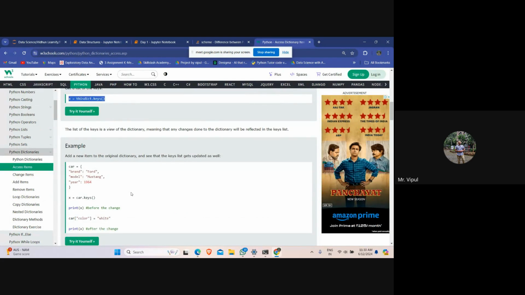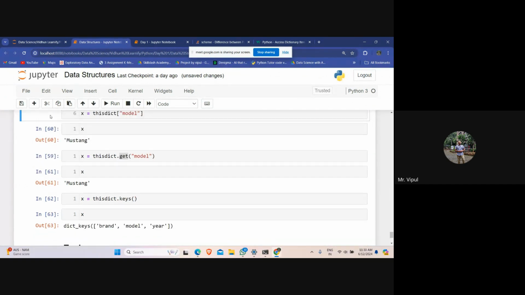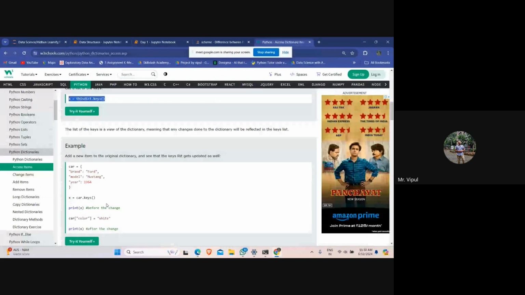Now, how to add elements in a dictionary that you have created? Let's say you have made this dictionary and you want to add one more element to it. How you can do it is you can write down this thing. See, car.